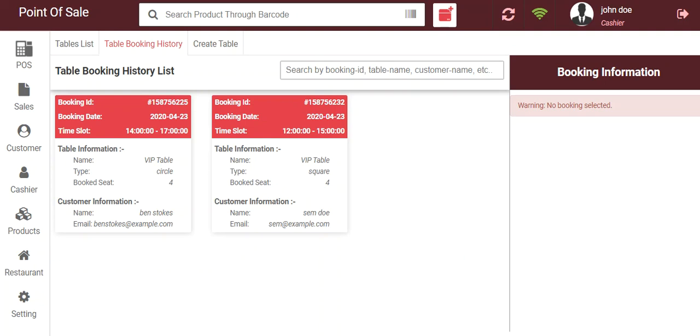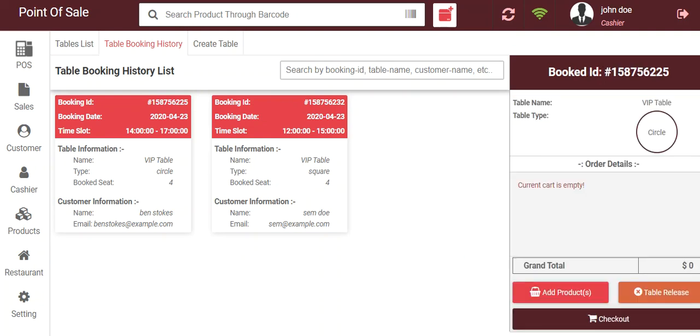Now the next step is the checkout process for a particular table and how to add a product to that particular table. For this process, the POS agent just needs to select the table.